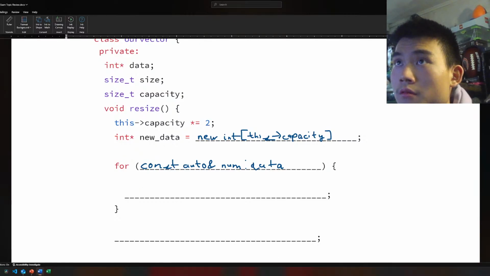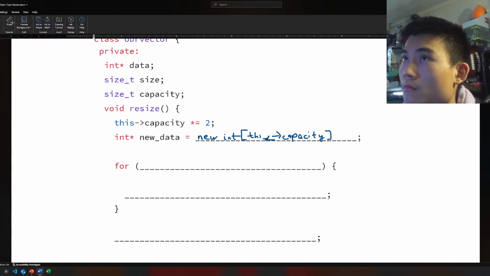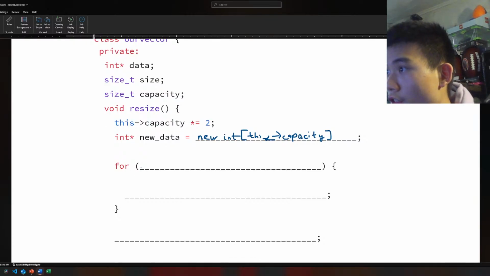Oh wait, no. We need to do it the classic way. So this is the classic way. Size t a equals 0, a is less than